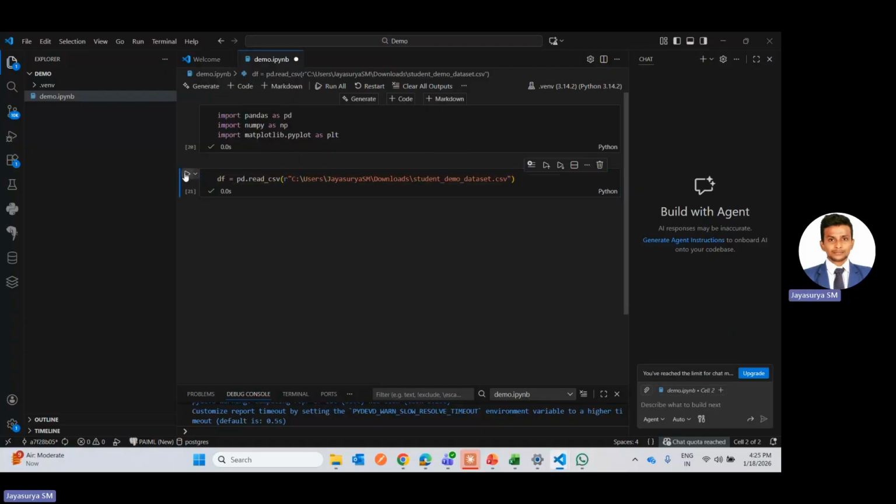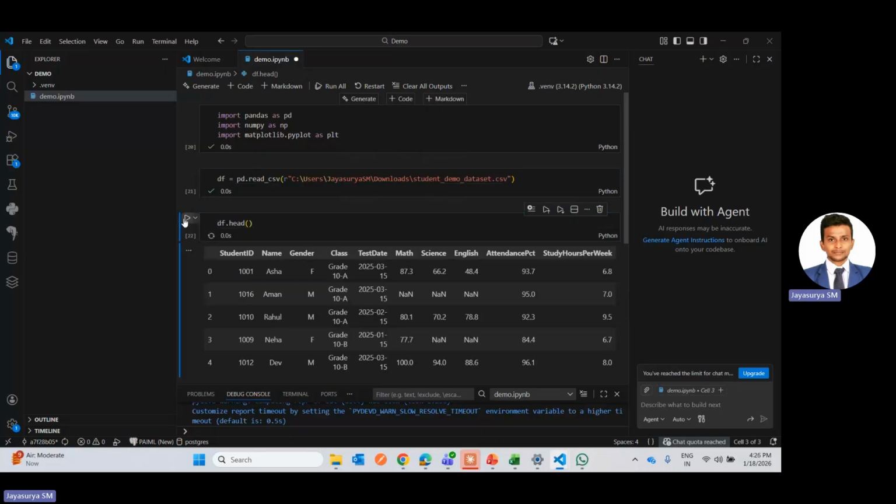So let me import it. And once we get this tick sign, let's confirm this by using df.head parenthesis. Yeah. So here it is, telling you that the data got imported